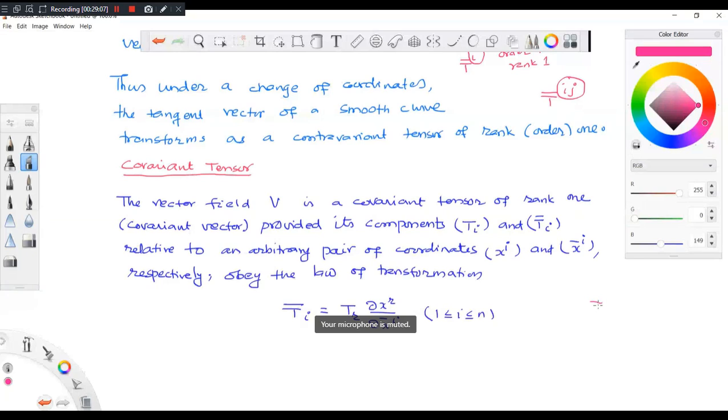See, how do you define the contravariant tensor? You write like this: T bar I equal to Tr into del x bar I by del x r. Now you see the difference between them. So to see the difference between these two, I have to look into this. Del x bar, x bar is in the x bar I coordinate system, and xi coordinate system coming in here, below. X bar I with respect to xr.